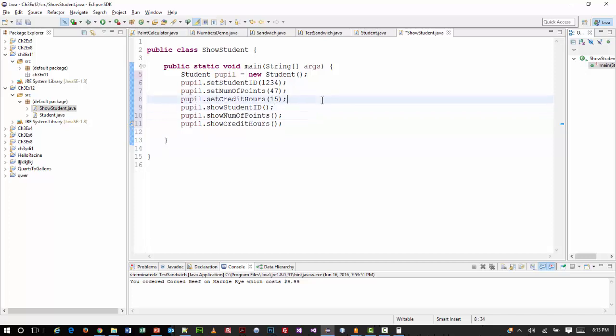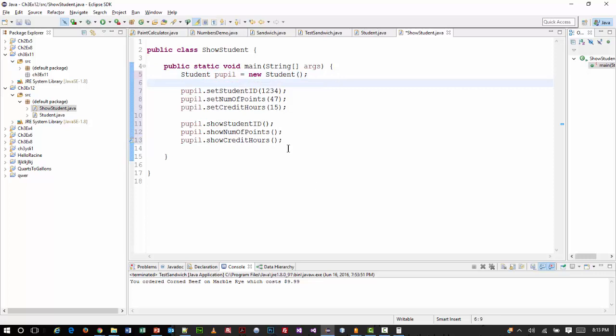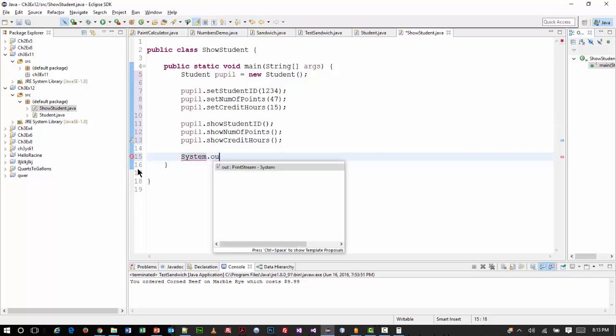And if you want to see a little separation of logic here, you can do that. And then finally, we want to show the grade point average, right? So I'm going to do a little System.out.println, because that grade point average didn't have any system out in it. So we're going to say GPA equals, I'm trying to keep it brief,